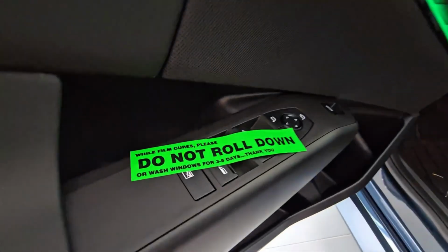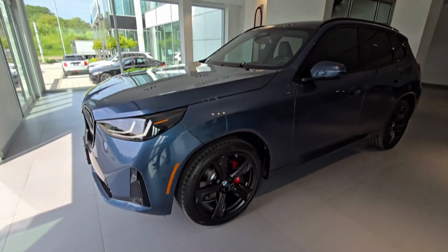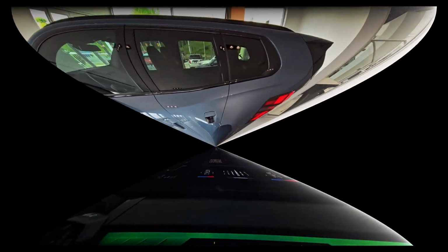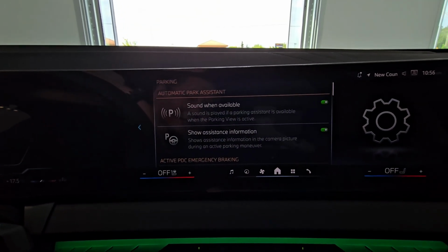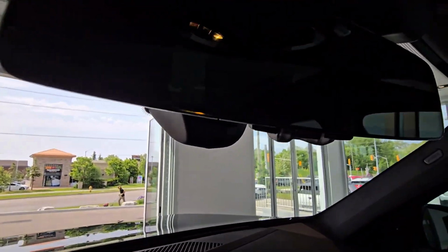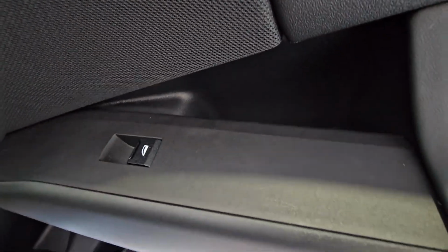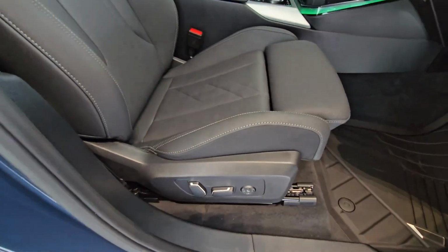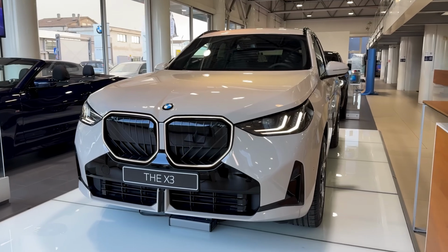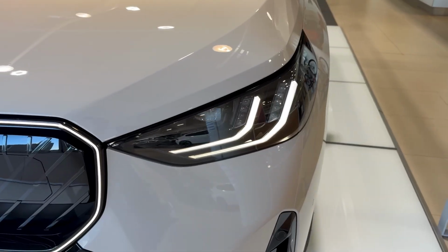philosophy. From the side, the proportions remain athletic, with short overhangs and a strong shoulder line. The rear end gets slimmer LED taillights and a neater bumper design, which together help give the X3 a wider and more planted stance. Flush door handles, once reserved for BMW's electric i models, are now standard here, improving aerodynamics and lending a touch of sophistication. Love it or not, this is a more grown-up, reserved look for the X3. It feels less aggressive and more premium, a calculated move to bring it closer in spirit to BMW's flagship iX